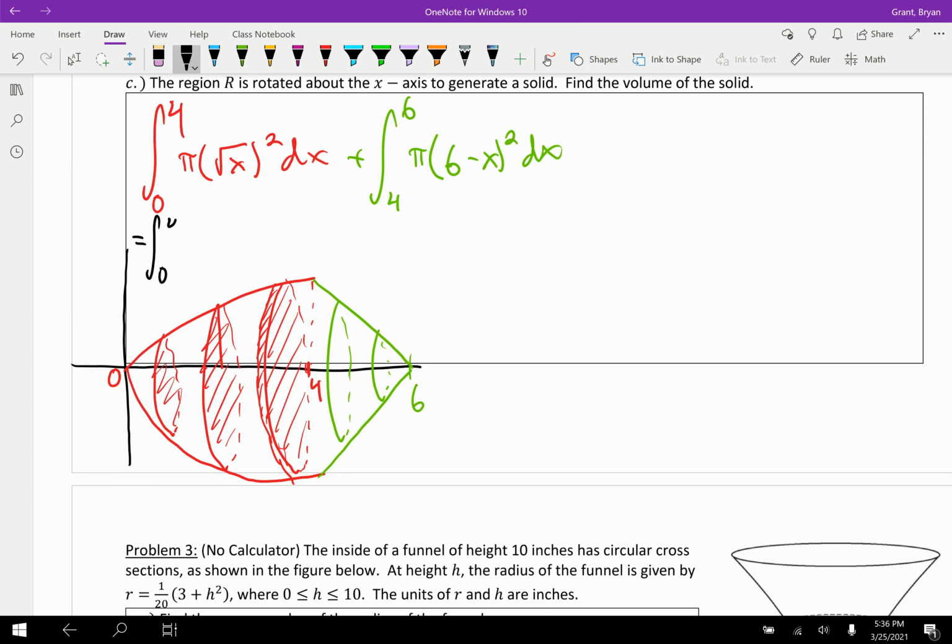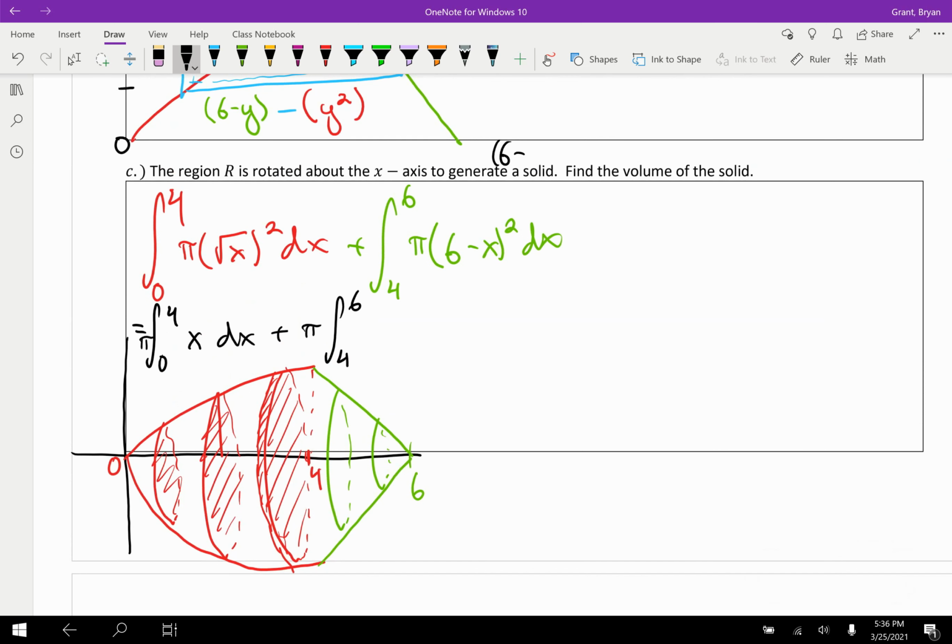So this one goes 0 to 4. There's a pi, so I'll factor the pi out. Square root of x squared is just x, which is very nice. And then we add on the second integral, I'll factor out pi again, 4 to 6. In order to integrate this guy, multiply everything out. So we're going to have to do 6 minus x times itself. I'm just working this up above: 36 minus 12x plus x squared, or rewriting it, x squared minus 12x plus 36